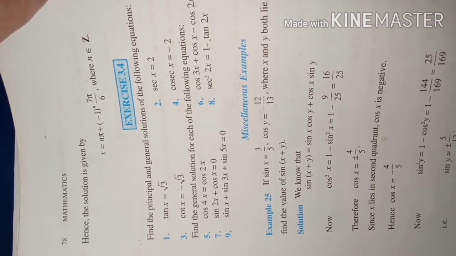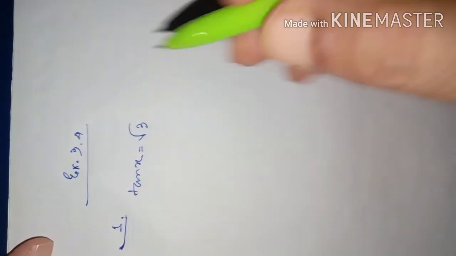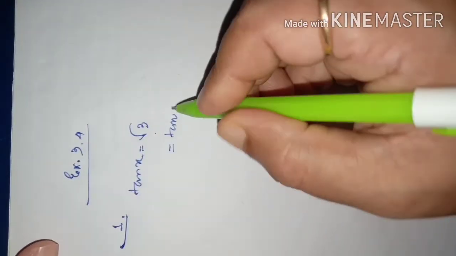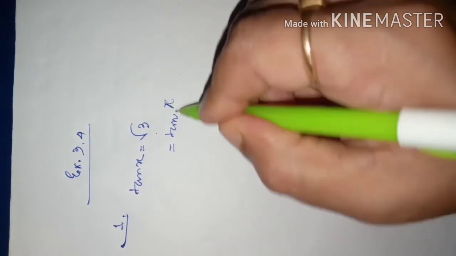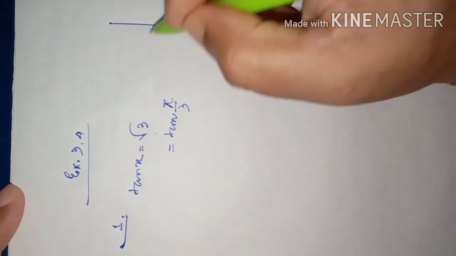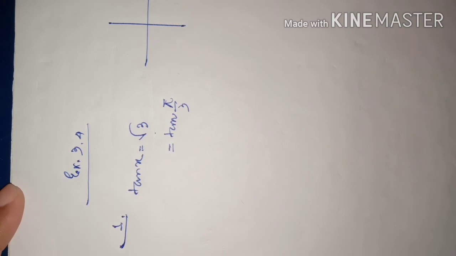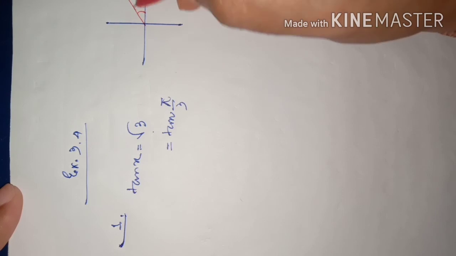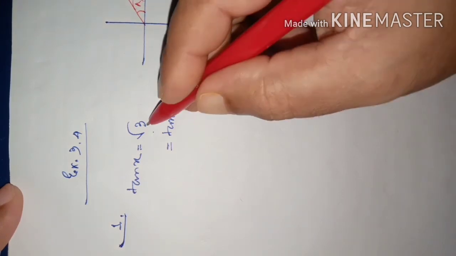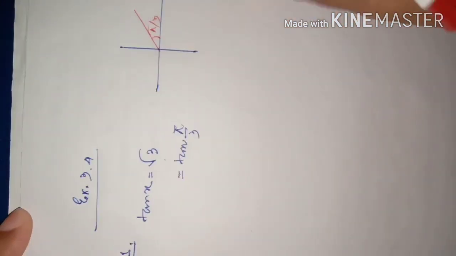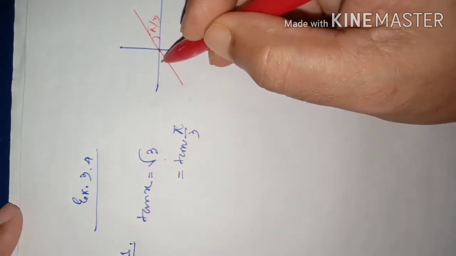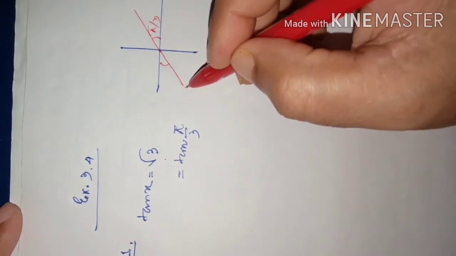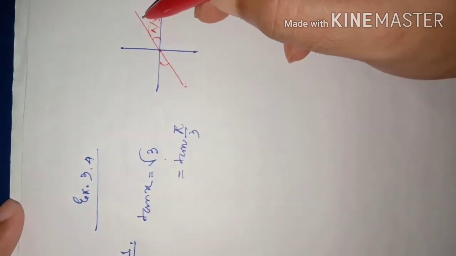Thus you see. So tan x equal to root 3. Then this root 3 is the value of tan 60, no? Tan 60, that is pi by 3. Because you just see, for 60, that means for pi by 3, tan will be giving us root 3. And in this quadrant also, for this angle, tan can give root 3, because in this quadrant also tan is positive. So this positive root 3 you can get either in this quadrant or in this quadrant.